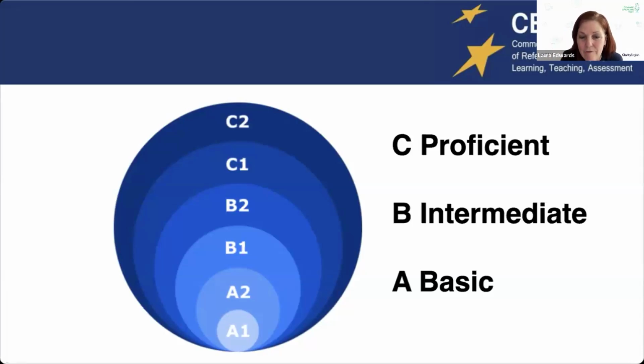And you have the A levels, the basic user. And you have the intermediate user. These users can function. They'll, of course, make mistakes. They're not perfect. They're still on their learning journey. But they can do basic things right up to functioning on a day-to-day basis. Then we come into the proficient level, the C level, where people really can function very smoothly and effortlessly